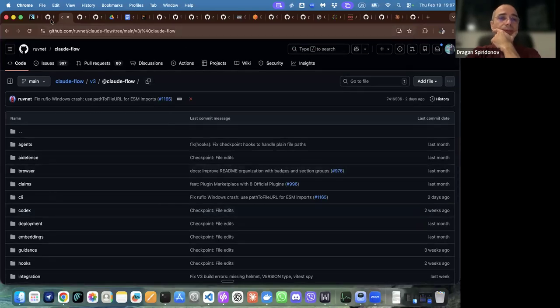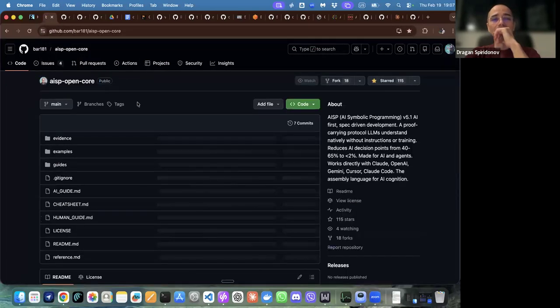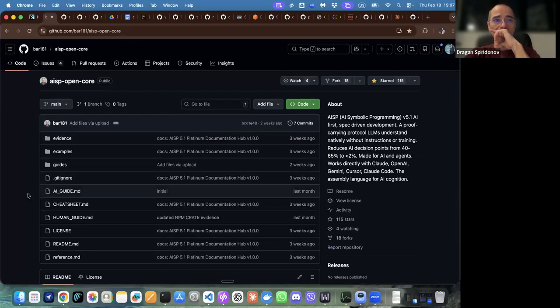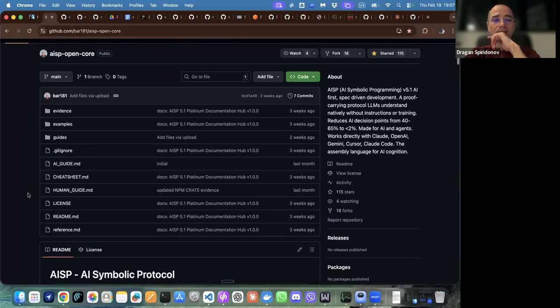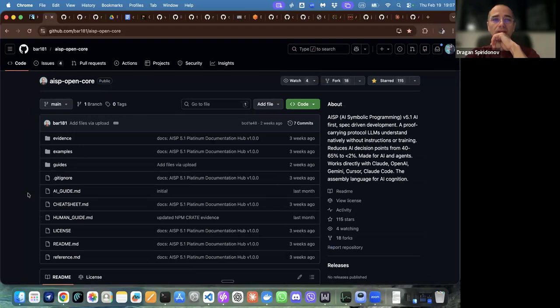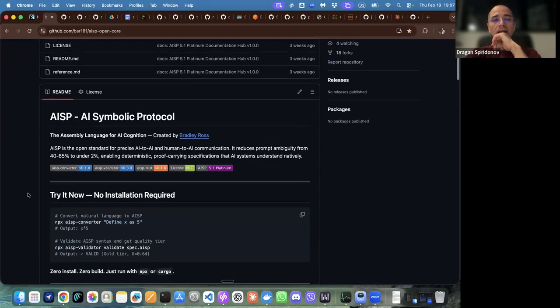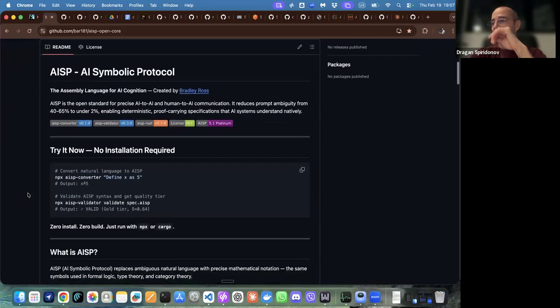Also, one thing I mentioned earlier, but for those that were not here, this is a repo from the Agentics Foundation to take a look at. This is Brad. I think he's one of the professors at Harvard. He has his capstone project.